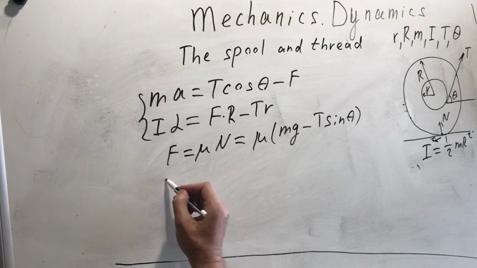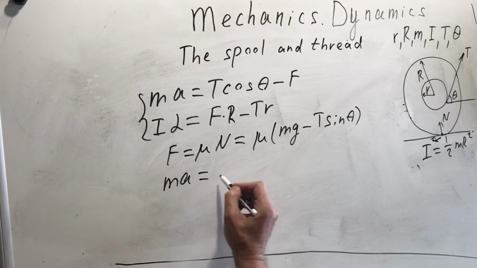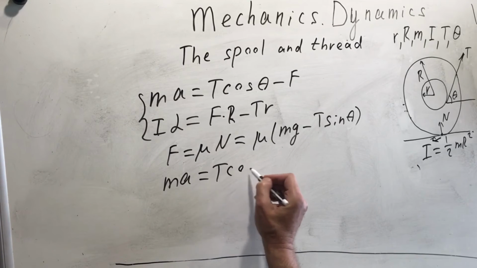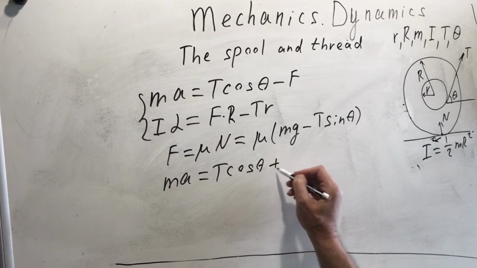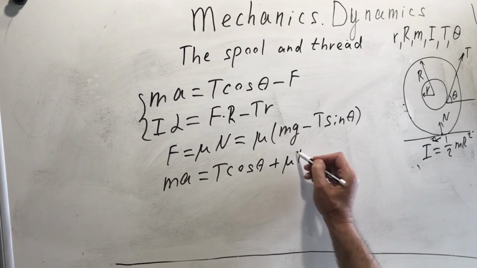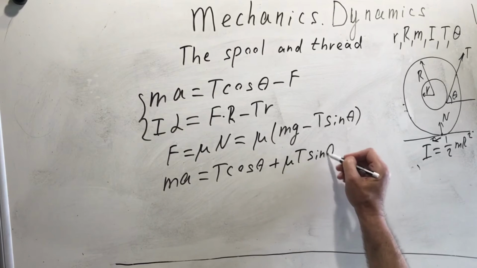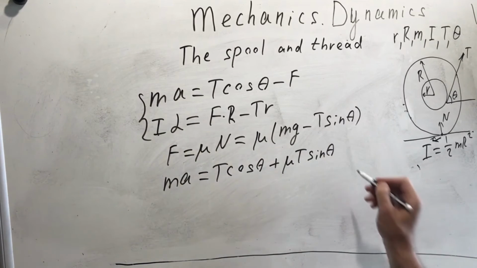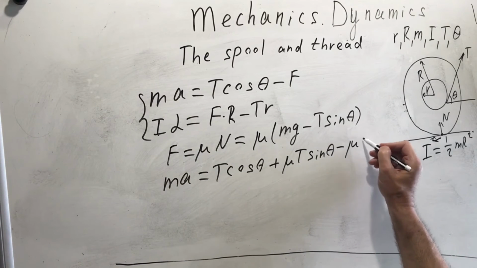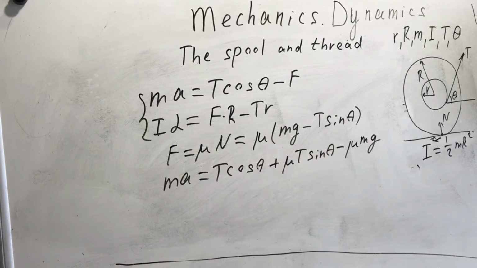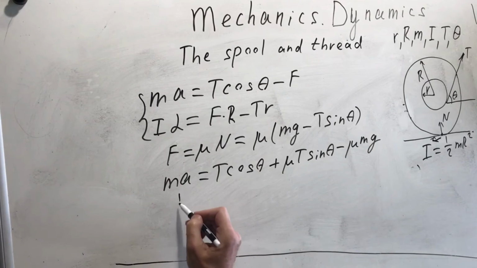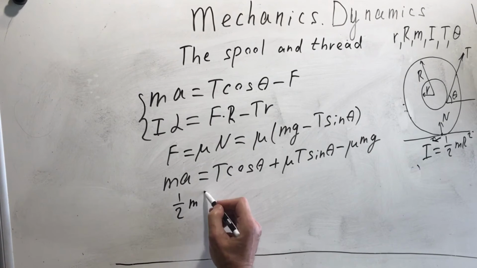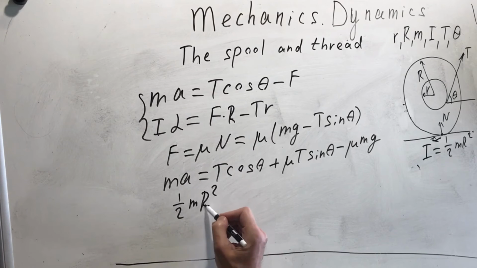So we have ma equal T cosine theta plus mu T sine theta minus mu mg. This is the equation for linear motion,